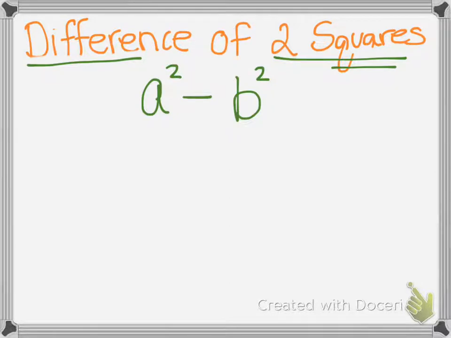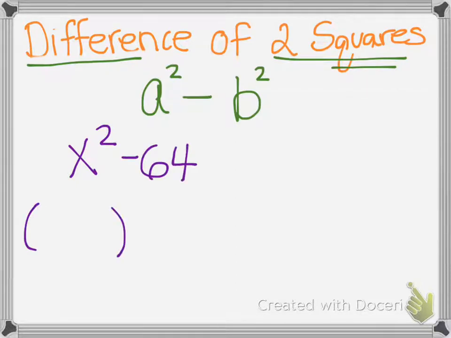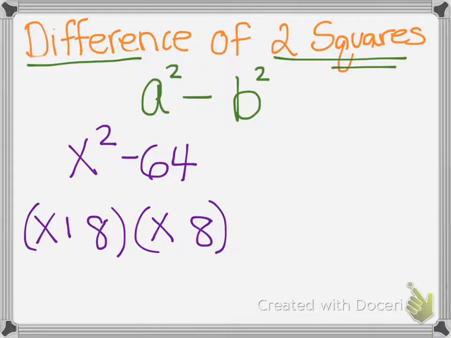So, for example, if you were given x squared minus 64, then you would have two factors. So you take the square root of x squared and you get x, and you take the square root of 64 and you get 8. Now, one factor needs to be plus, one needs to be minus, doesn't matter which one comes first. The reason why it's the same factor twice, except one is plus, one is minus, is because if I FOILed